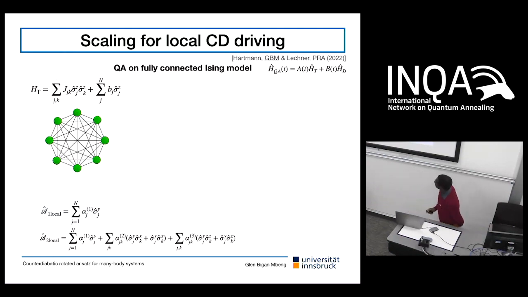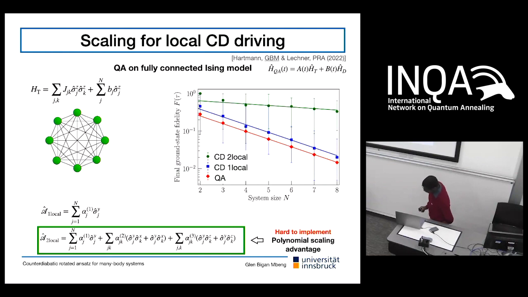So we repeated the same analysis for a fully connected Ising model, still with random couplings. And in this case, we found something slightly different. What we find is that the one-local driving still gives an improvement. We see here it goes from the red to the blue one, so the fidelities are improving. However, we find that the slopes are more or less matching, and we couldn't identify any advantage